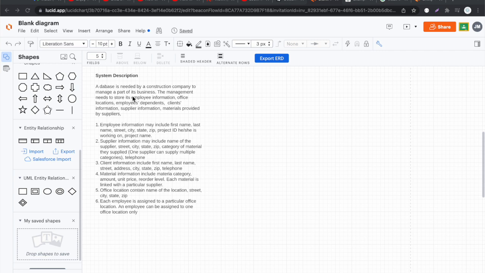A database is needed by a construction company to manage a part of its business. The management needs to store its employee information, office locations, employee dependents, clients information, supply information, materials provided by its suppliers. So they need to keep track of all this information in their database. So if you want to get detailed information about each of these entities that are available inside the system, for example, employee